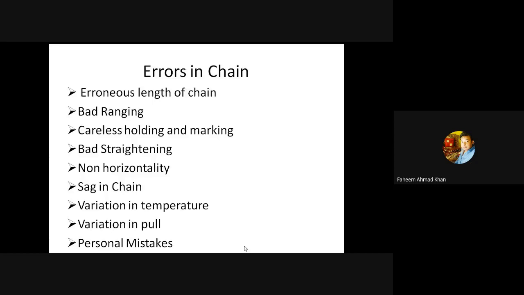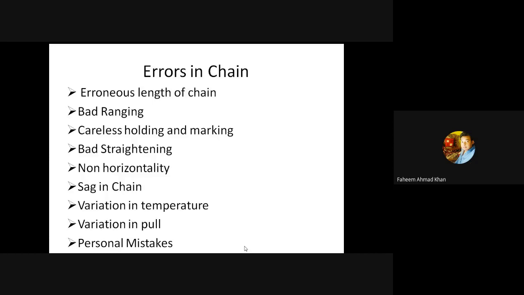Sometimes a chainman may pay more attention to the centimeter reading on the tape and read the meter reading wrong. So proper presence of mind is required. A surveyor may sometimes read 6 in place of 9, or 28.26 in place of 28.62. We have already discussed this type of error.